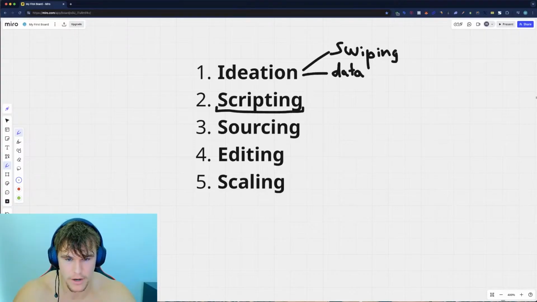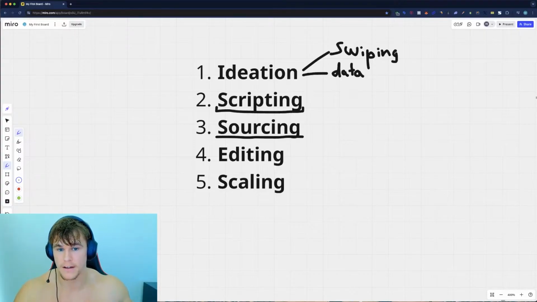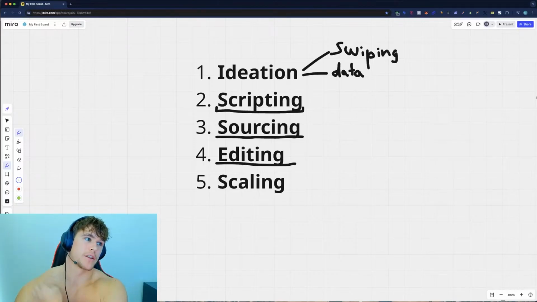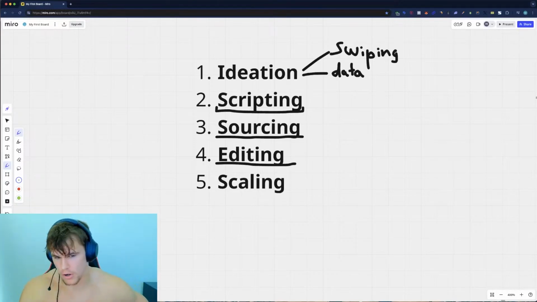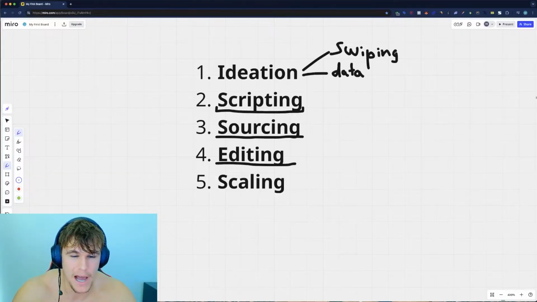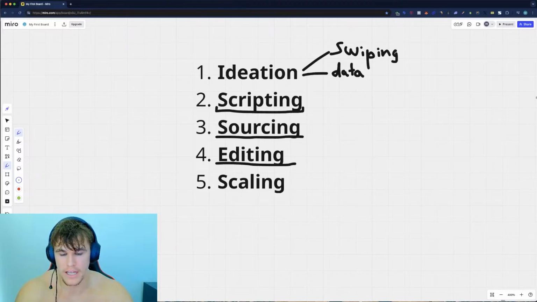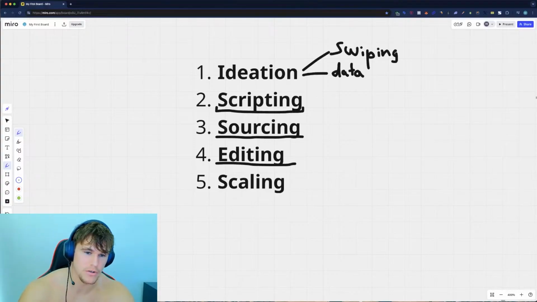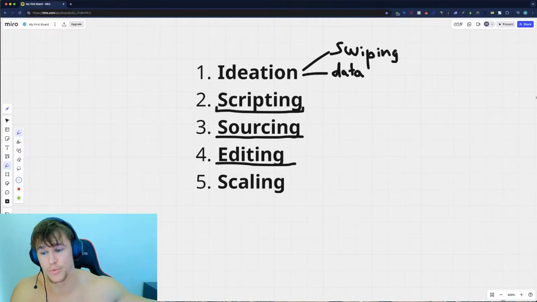Now the sourcing of content is actually creating or finding the clips that align with the script. I'll come back to that. Editing, pretty simple. I'm currently working on the process of having this all automated with our editing team. I don't think that we're there yet, to be totally transparent with you. Even with stuff like Kling AI, all the new text to video models that are being launched like every single fucking day, like I try them all and they're still just not really quite there. They're close. They're so close. I feel like in 3 months we could be there.